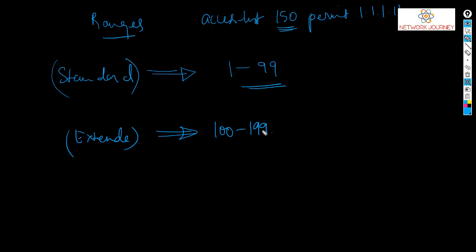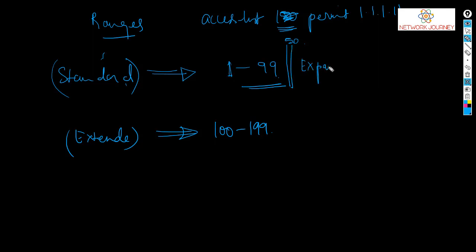So for standard it's 1 to 99. If you see only 50, for example, then it's standard. It's in a range of 1 to 99. If you see anything between 100 to 199, then it's an example of extended. Now yes, there is something called expanded